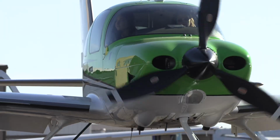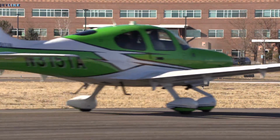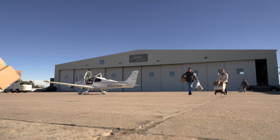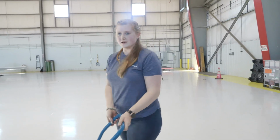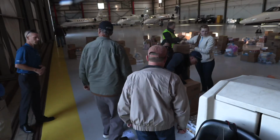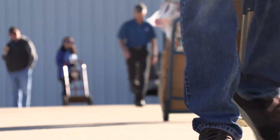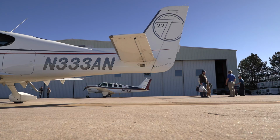And these two crews are from Independence Aviation. They're going to taxi over to Signature Flight Support, and that's where they're going to meet up with a bunch of other pilots from other organizations who are also volunteering today. We are getting all this food organized into piles so it can be distributed later on and enjoyed by people who need it. These airplanes are capable of taking quite a bit, actually, of cargo with them. Obviously not tons of cargo, but we can take a few hundred pounds, including the pilot and the co-pilot. So the two that we have today are both going to Montrose, Colorado to deliver food to the communities of